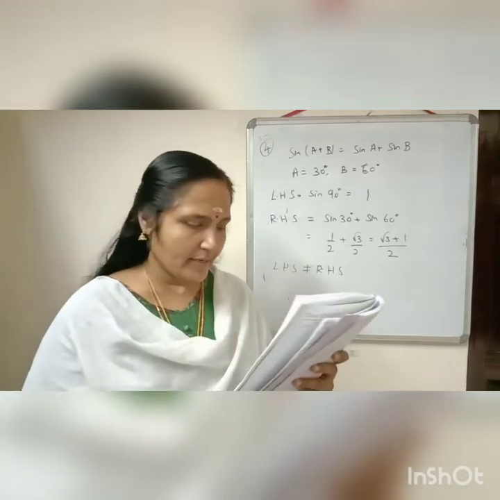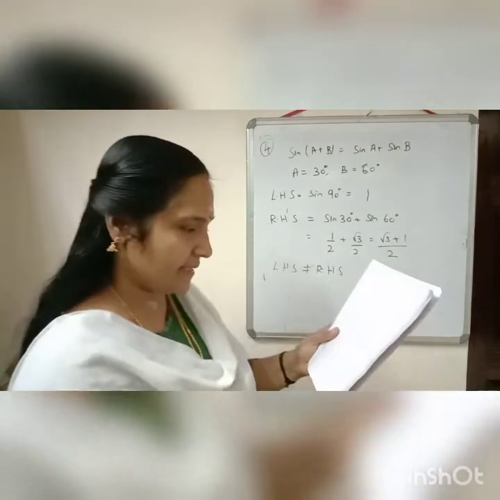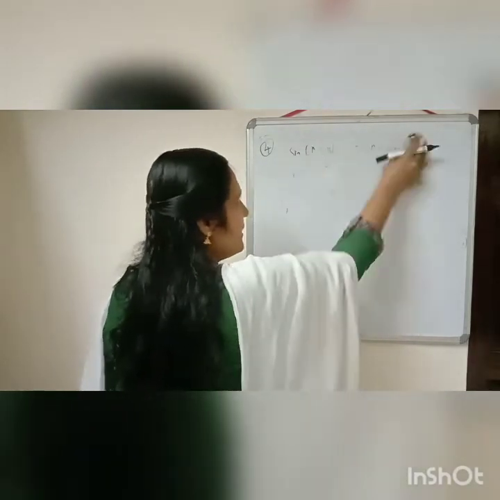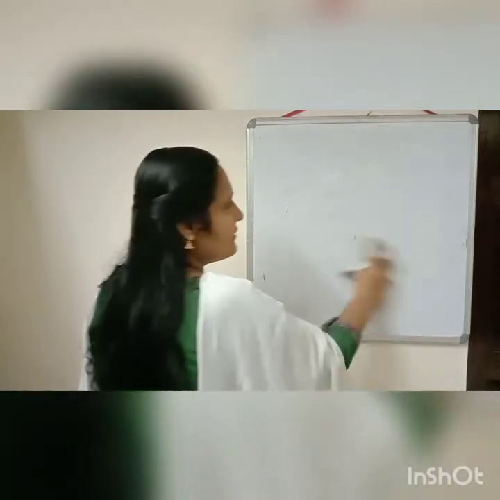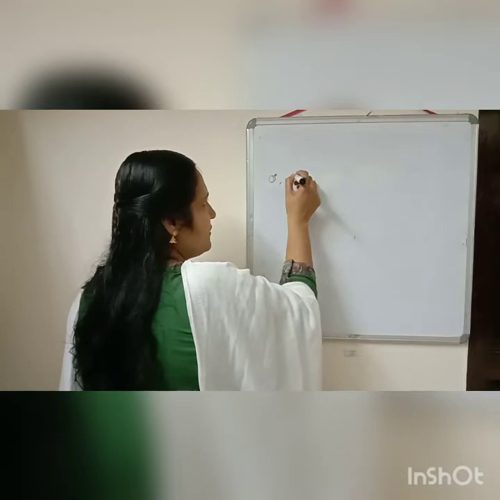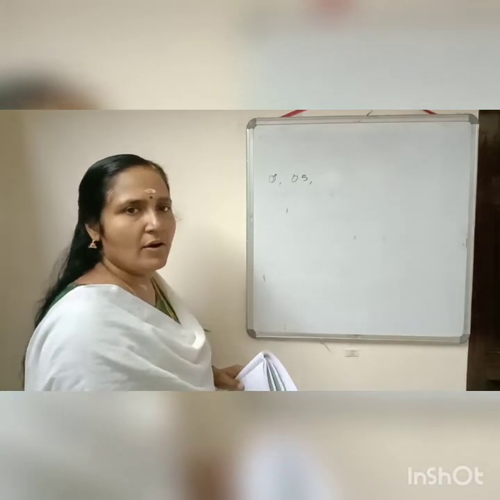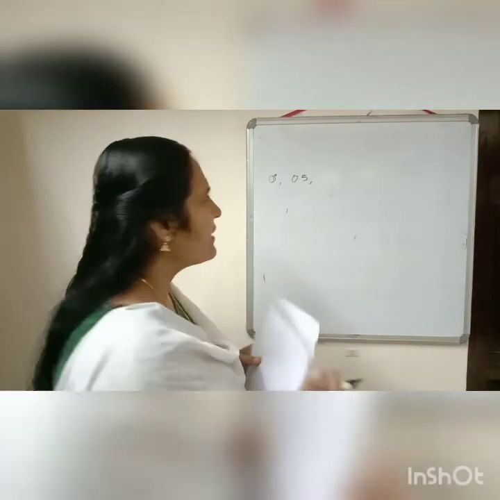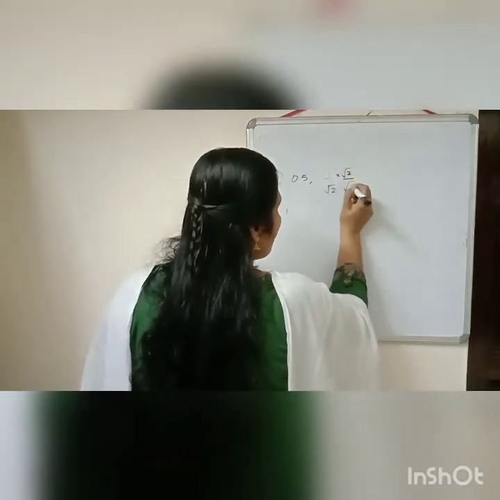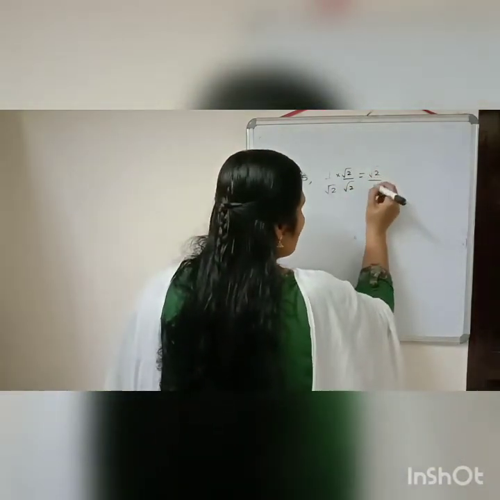All of you, write down the second one. Value of sine theta increases as theta increases. The question is, does the value of sine theta increase as theta increases? By checking the values, you can check: what is sine 0 degrees? 0. What is sine 30 degrees? 1 by 2, so approximately 0.5. Sine 45 degrees is 1 by root 2. If we rationalize, it will come root 2 by 2. I am doing this to make the calculation easy.